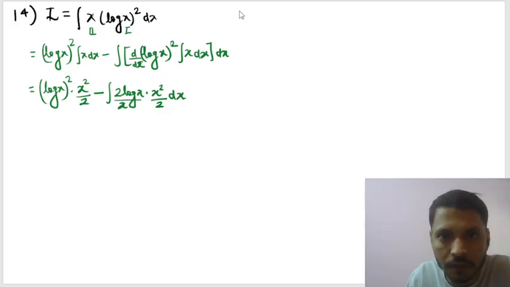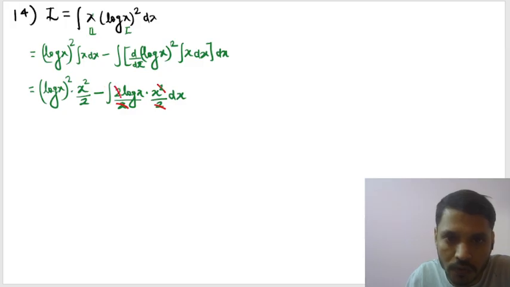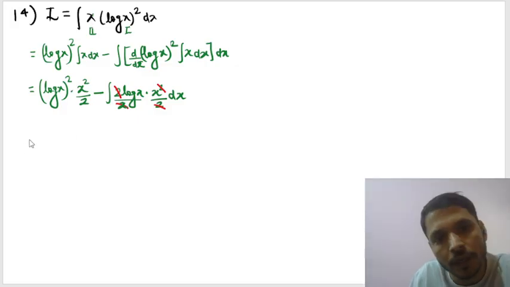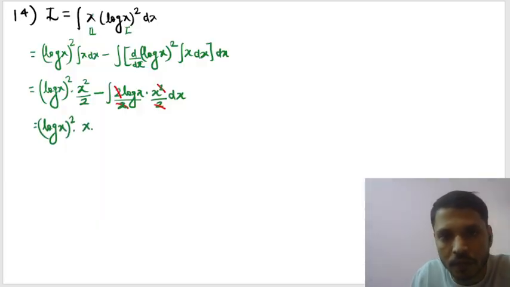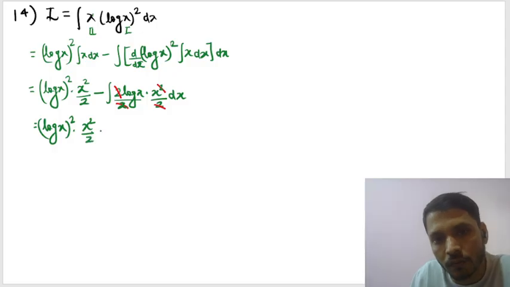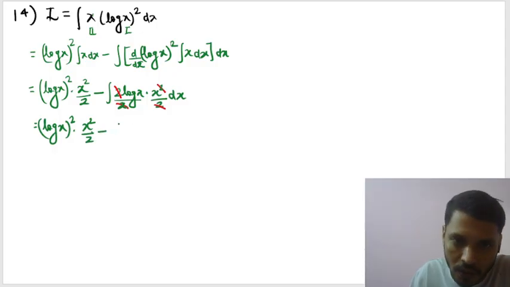Now we can see the x square power will get cancelled with this x, and this 2 will get cancelled with this 2. So now we have remaining log x whole square into x square by 2, minus the integration of